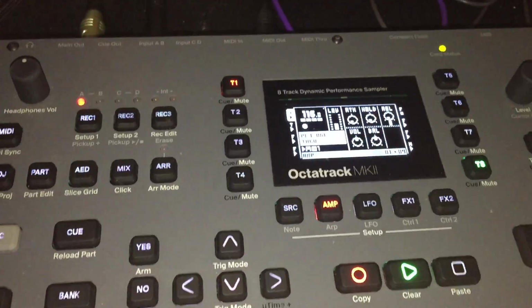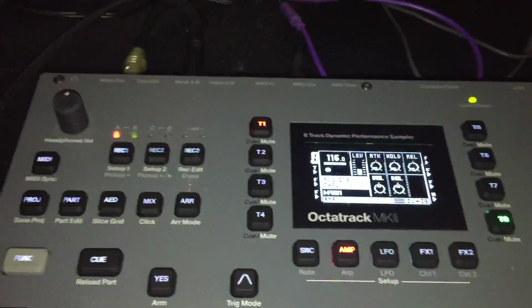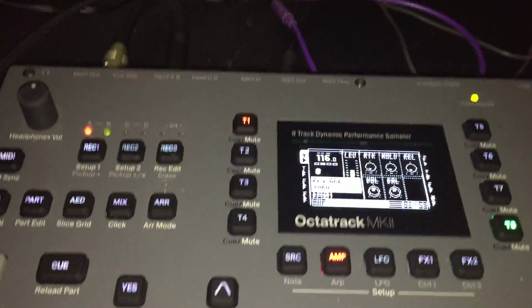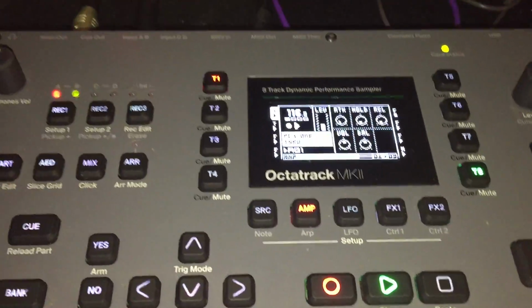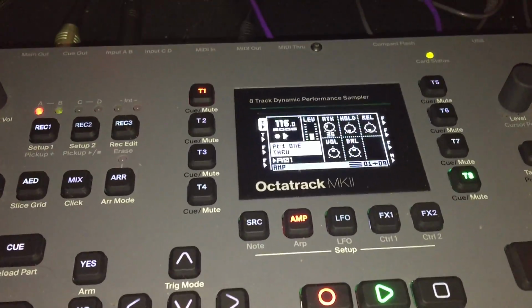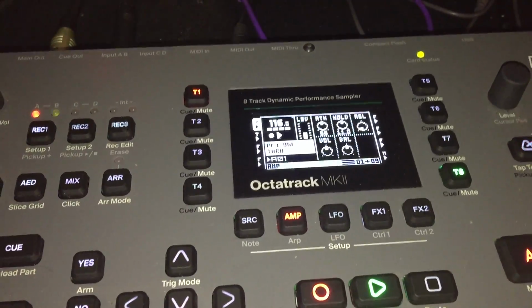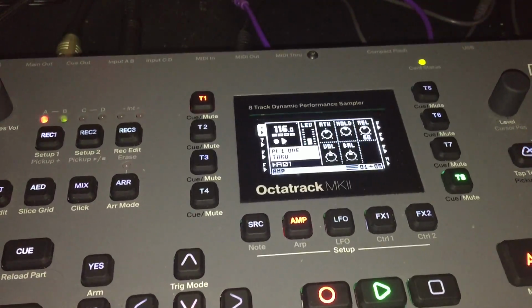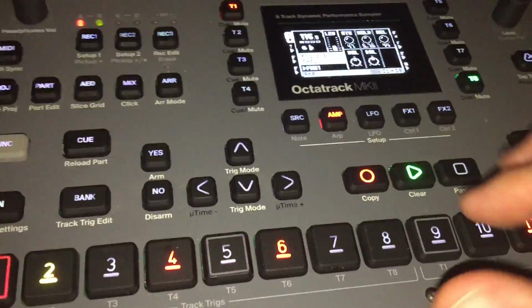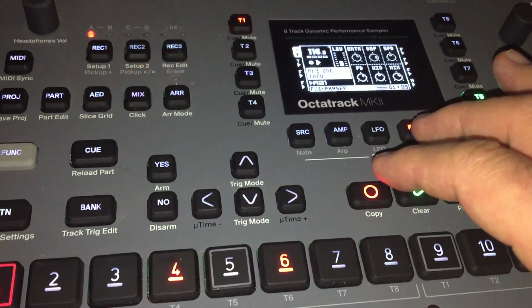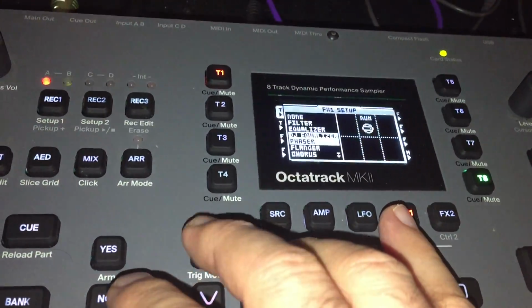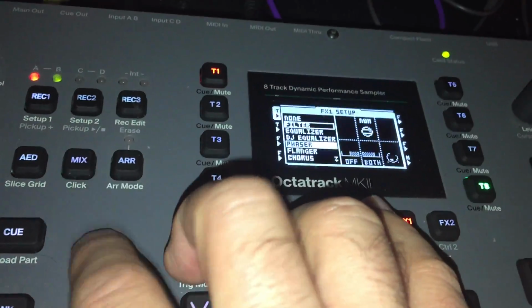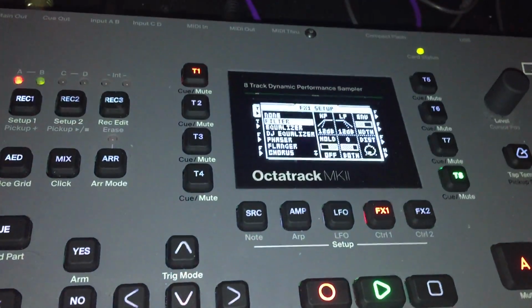Isn't that cool? So you can actually send an envelope to your modular system. You don't have to use the envelope generator. Sorry about that shakiness. You don't have to use an envelope generator. And then if I want to do an effect, so if I want to pick a filter,